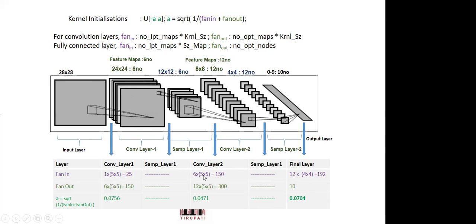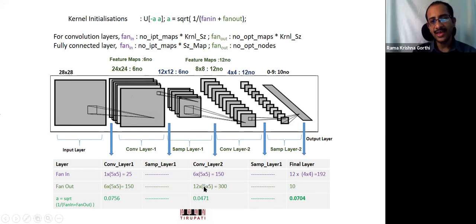Yes, sir, but okay. If you see here overall, what we are doing is, say the extent of the receptive field is what is captured by this fan in. So you actually have 6 channels where each 5 cross 5 is considered, and fan out is the number of maps in which this kernel is being used, or this kernel has the output.